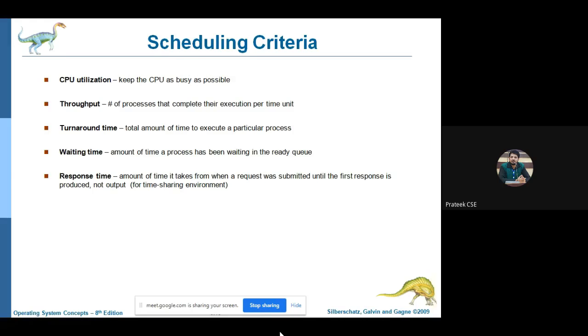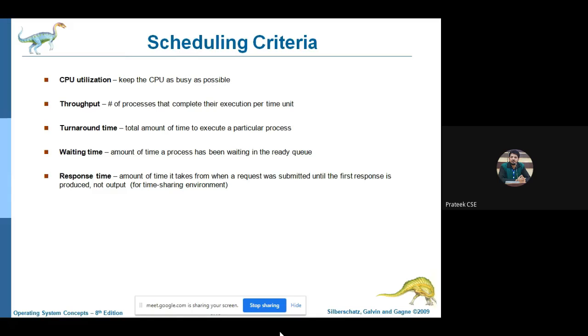Then we have turnaround time. So turnaround time is the total time which is required to execute any process, and turnaround time is basically the interval from the time of submission of the process to the time of completion. So that means जैसे ही कोई process रैम में आ गया, रेडी क्यू में आ गया, उसको वहां पे वेट करते हुए कितना टाइम लगा, उसके बाद उसको सीपीयू एलोकेट हो गया, वो सीपीयू पे एग्जीक्यूट होना स्टार्ट हुआ, इन बिटवीन उसे कुछ इनपुट आउटपुट रिक्वेस्ट परफॉर्म करनी है, फिर वो वापस इनपुट आउटपुट करके रेडी क्यू में चला गया,